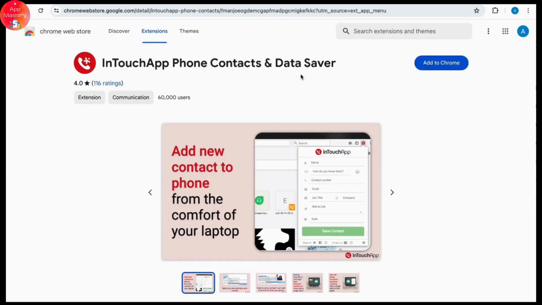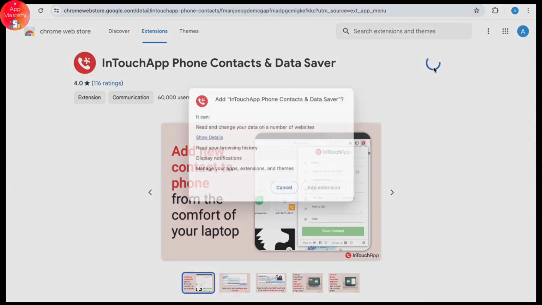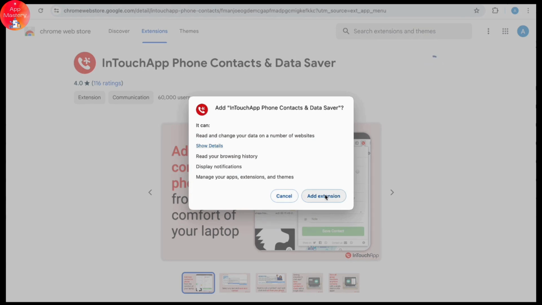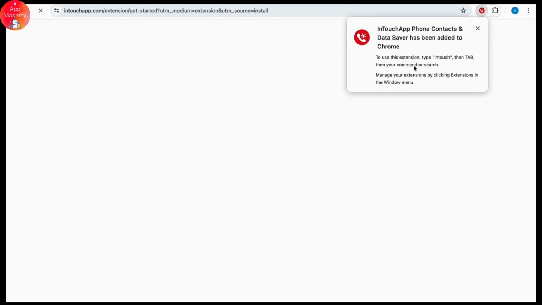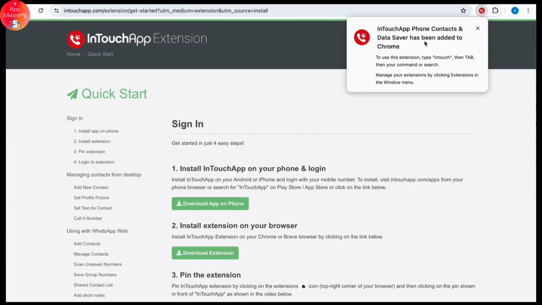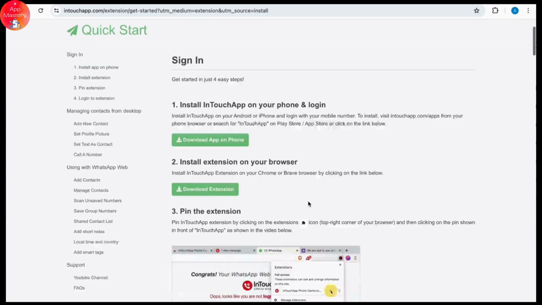and all you have to do is tap on Add to Chrome. After you tap on Add to Chrome, you'll have to tap on the Add extension option shown on your page. So now it will be downloaded to your PC or Mac, and now all you have to do is go to the WhatsApp app,